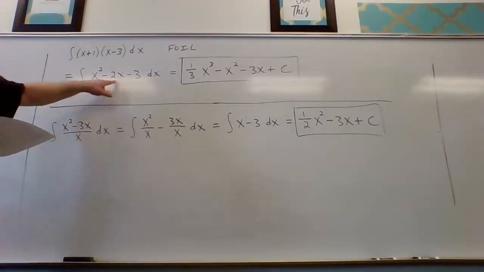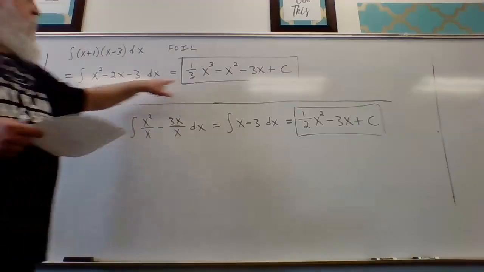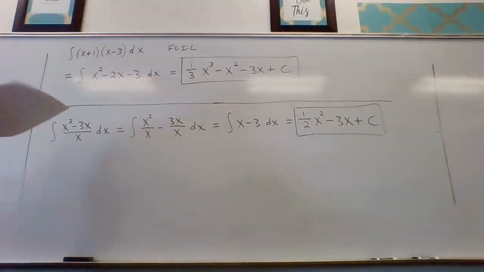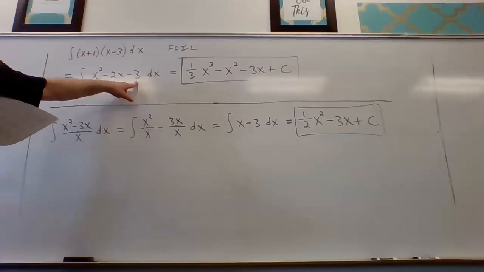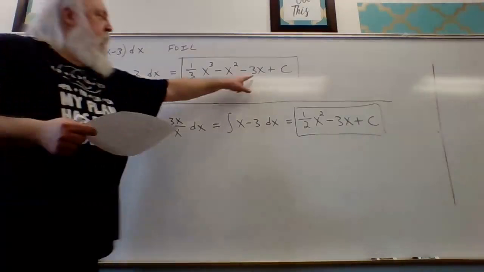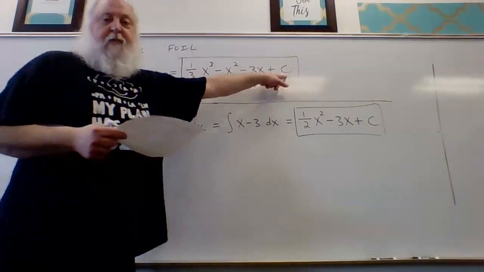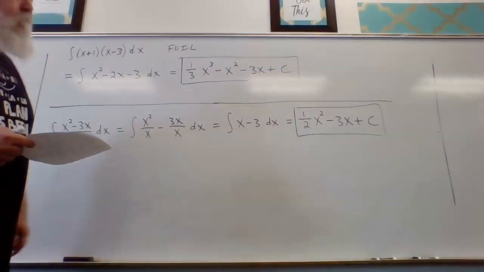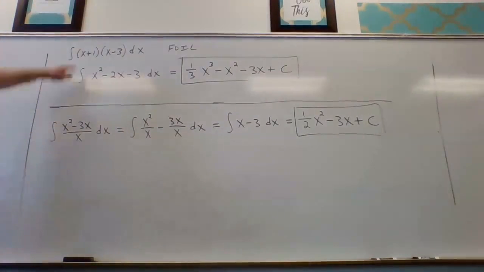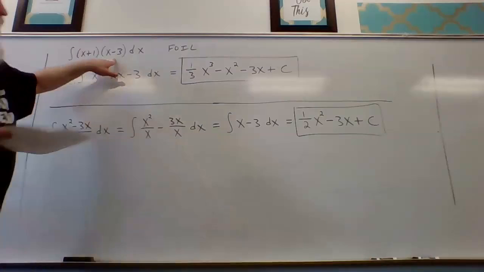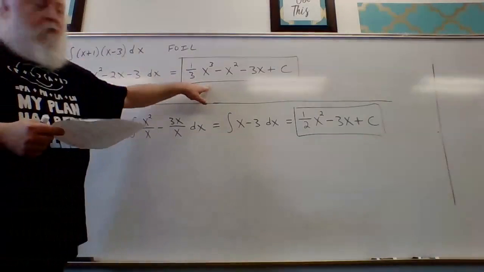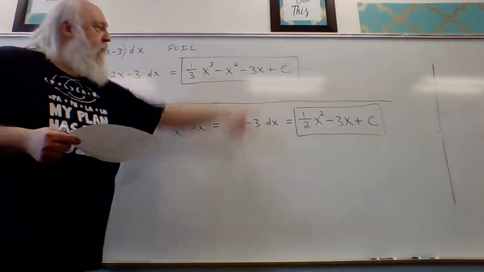The antiderivative of minus 2x is minus x squared. And the antiderivative of the constant minus 3 is minus 3x. And now we add the arbitrary constant c at the end, okay? So the antiderivative of x plus 1 times x minus 3 is equal to 1/3 x cubed minus x squared minus 3x